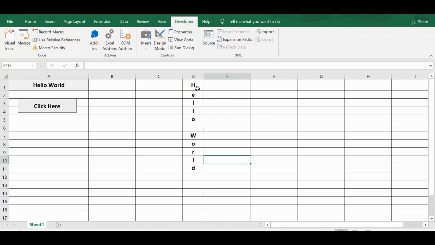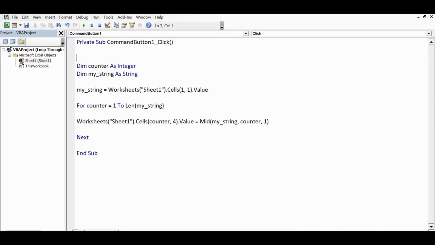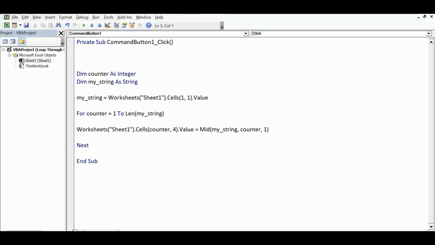So instead of deleting manually, I can add one more line for column D. Let me write here: worksheets Sheet1 dot range. I am going to consider entire column D, dot clear contents.